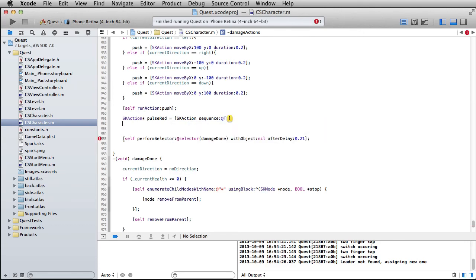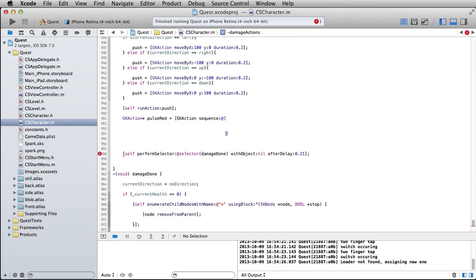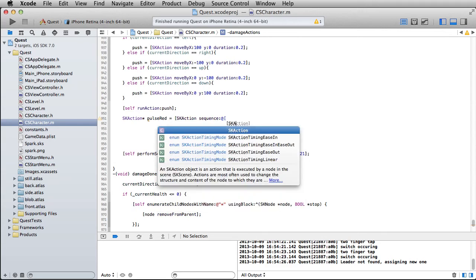Go ahead and just kind of leave things hanging from here, right? Put a few lines down and go ahead and close this one off too. And now what you've got is this big open space to write in your own actions on the fly. You're not going to make instance variables for them. So you can come down here and just write SKAction